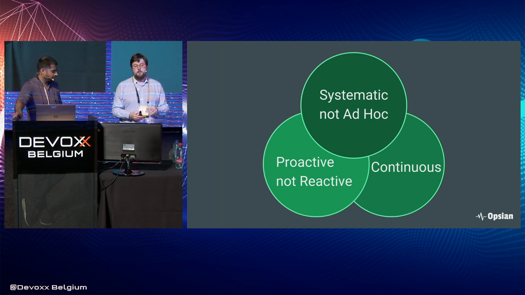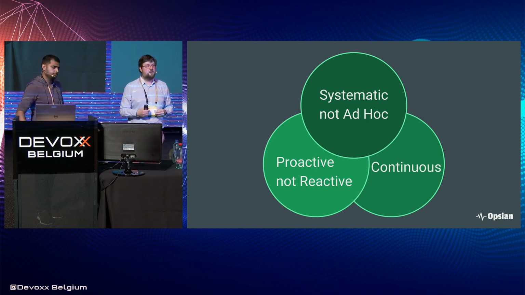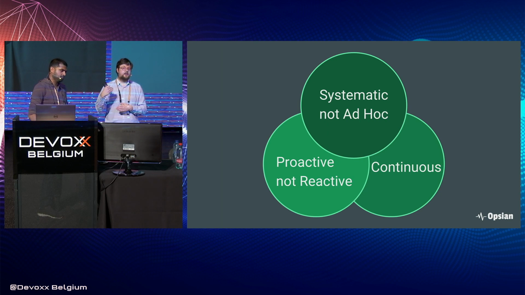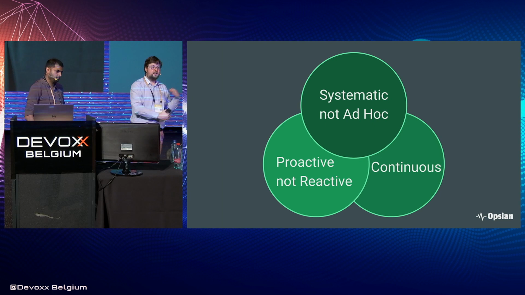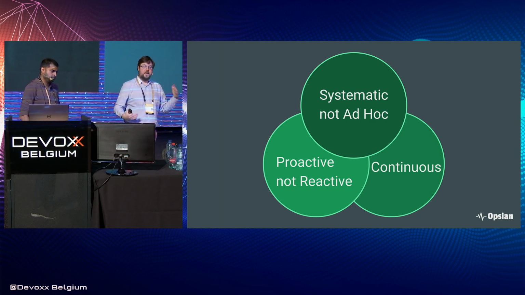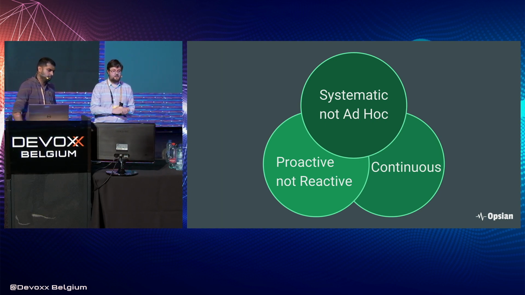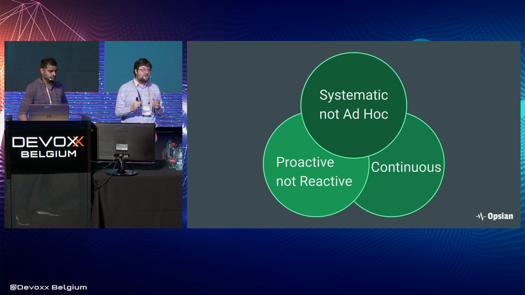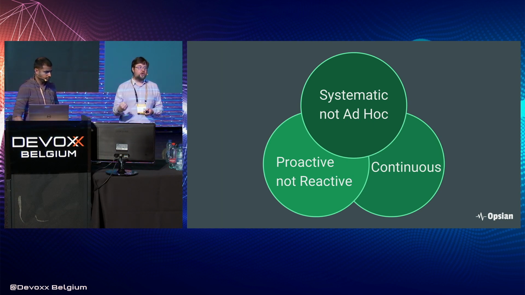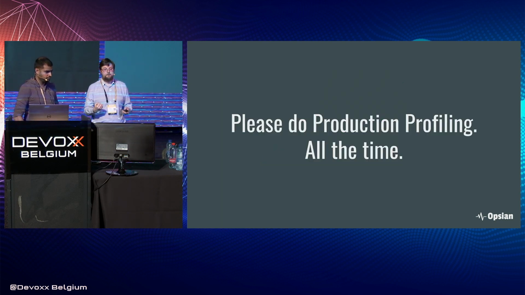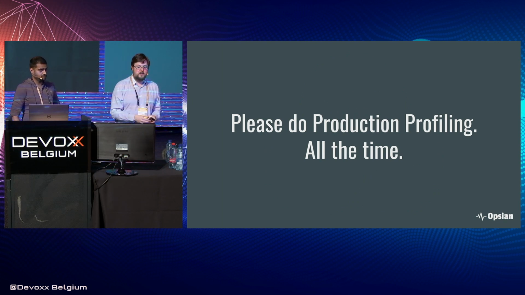Another aspect of that is being proactive and not reactive, so getting ahead of the curve in terms of avoiding these problems and in terms of measurement and understanding what these problems are, rather than just reacting or fighting the last war. Things like performance tests, replicating previous performance problems, they're often a very reactive approach, fighting the last war. And continuous profiling is a really useful way of doing that. It's the way to make profiling incredibly valuable on your production environment. Okay? If there's one takeaway, it's please do production profiling all the time.